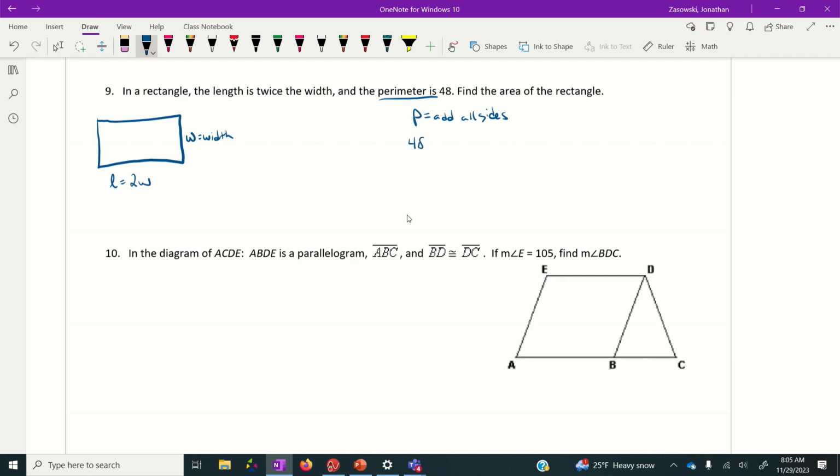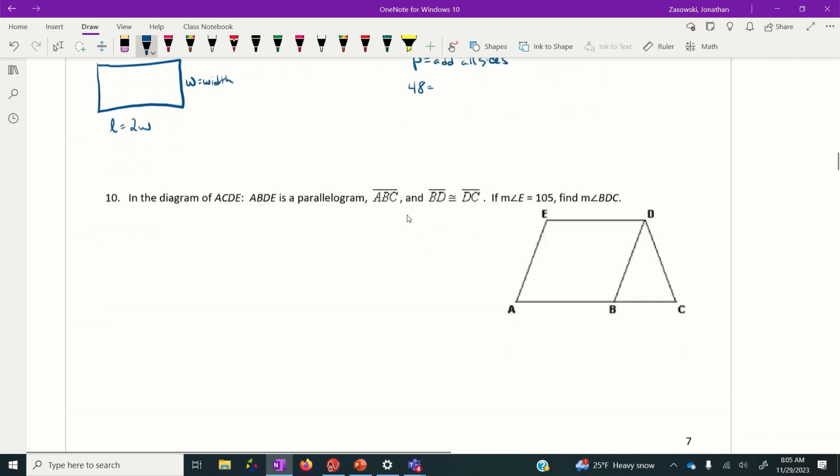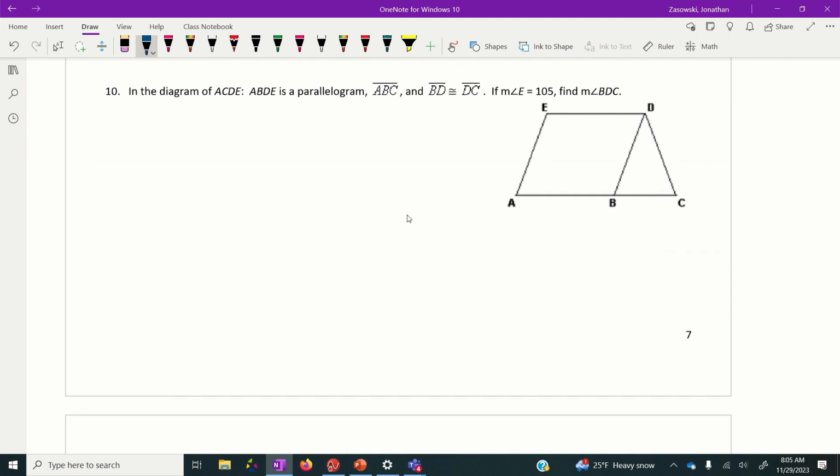And so if you go ahead and make your equation now using your side lengths, what should you get? In question 10,